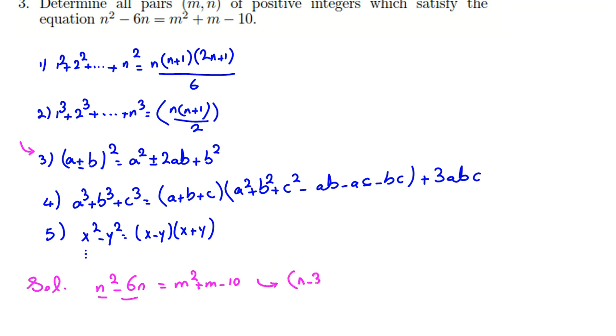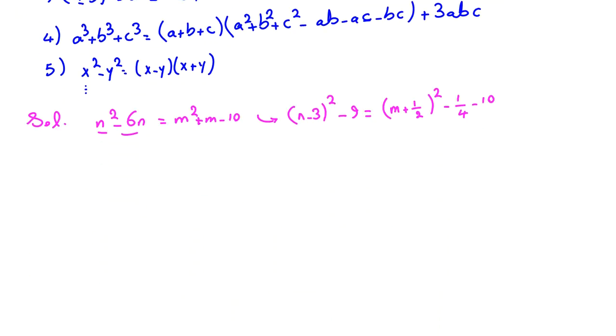I can write n minus 3 whole squared is n squared minus 6n plus 9, so we should subtract 9 to cancel the 9. And for this part, it is m plus 1/2 squared. It will be m squared plus 2 times m times 1/2, which is m, plus 1/4. So we will subtract 1/4, minus 10. Okay? Now, in the next step, we will simplify and multiply both sides by 4. When we multiply by 4, inside the square it will be 2, so it will be 2n minus 6. Why do I multiply by 4? To get rid of the denominators. Minus 36